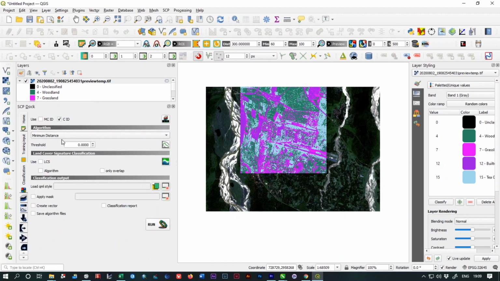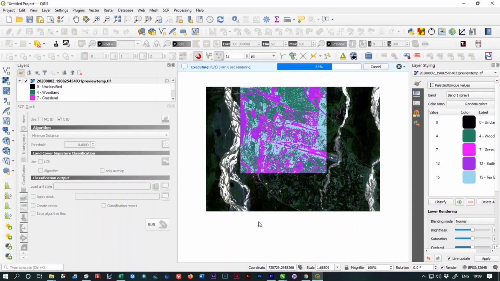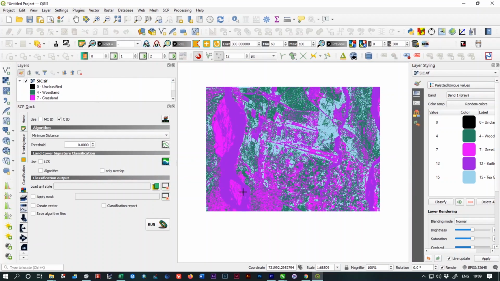Okay, so make sure you click on CID, and leave the algorithm as it is, minimum distance, and select the output location. On run, it will ask you for the output location. Give the file name as supervised image classification data and click on save. It will take some time and you will get your classified data.